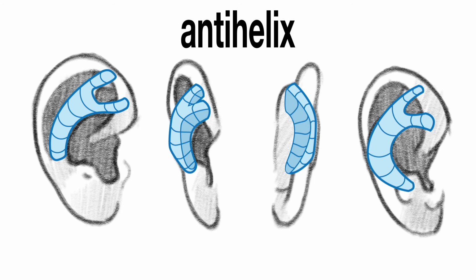Next is the antihelix. The antihelix is this Y-shaped or sort of Y-shaped form. Along with the helix, the antihelix helps form or shape the upper part of the ear. The antihelix splits into two smaller forms right before it tucks into the top of the ear under the helix. This creates a small pocket in that area. The bottom of the antihelix rests just above the earlobe.